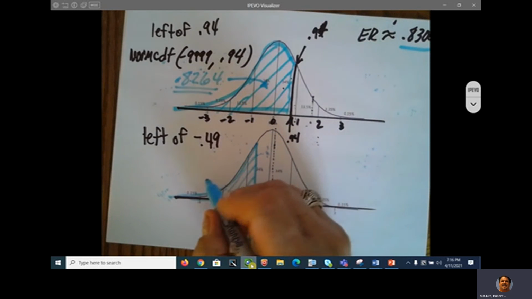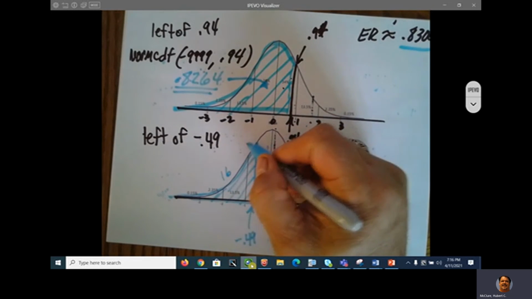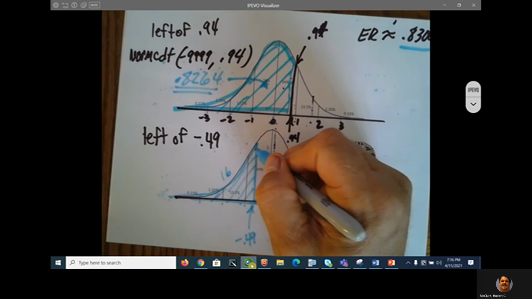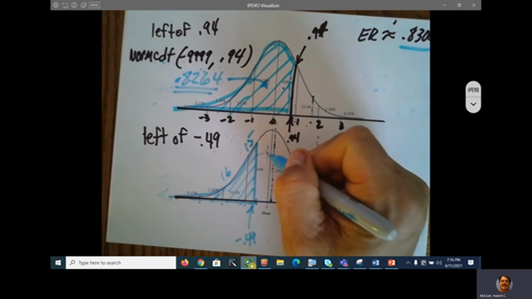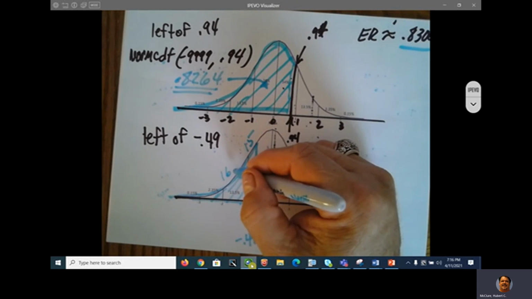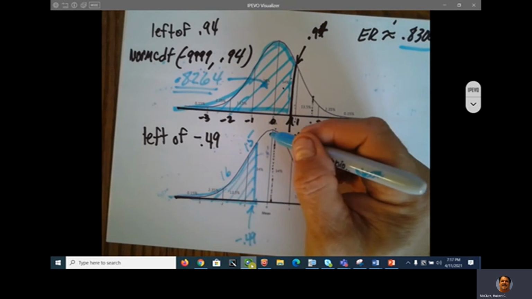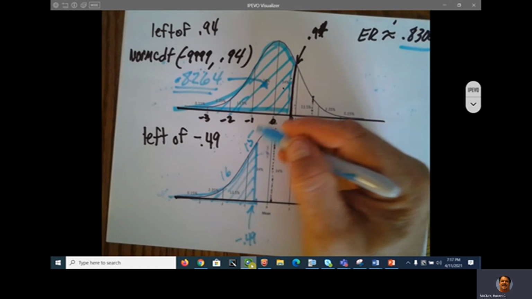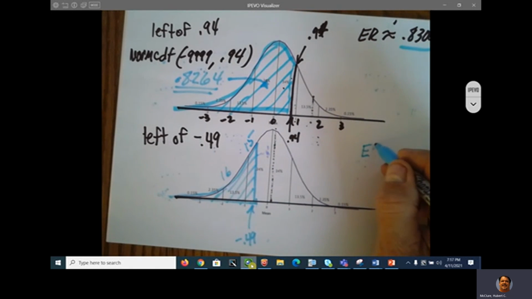So 16 plus, I won't say 15 because it's a little bit lower than 0.5. So that's going to be 31%. So I'm going to say by the empirical rule, we're talking